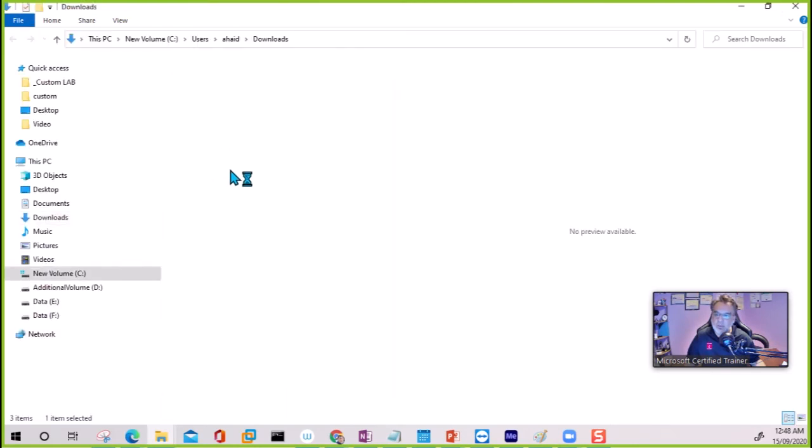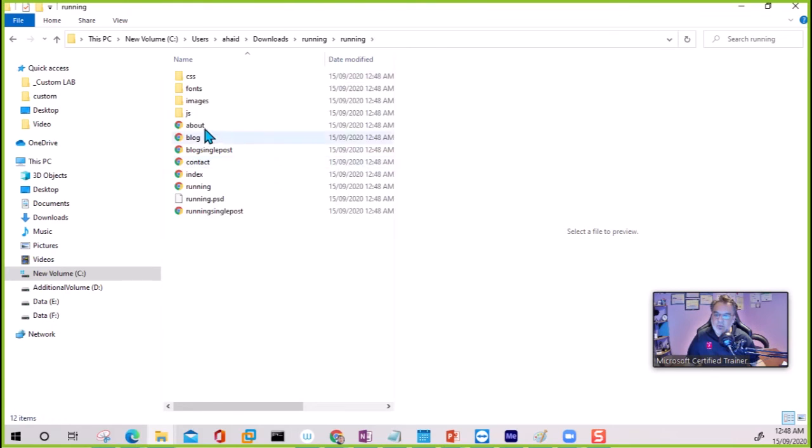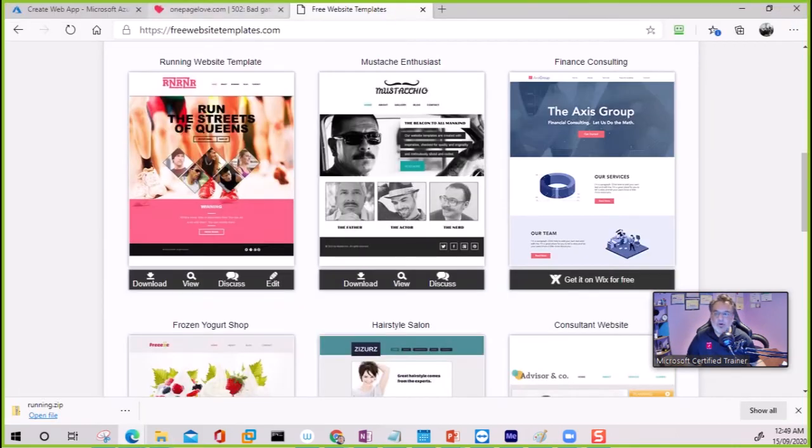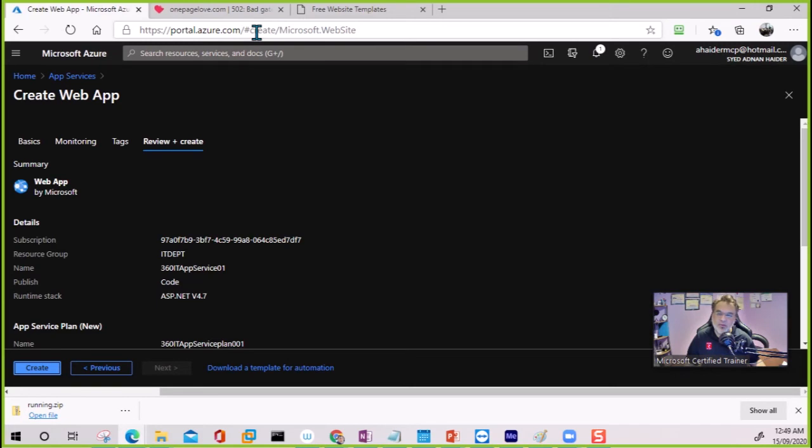So once the folder is extracted, we went to the free website, we downloaded the website, and I right clicked on the zip file, and this is the folder that we got. And I'm just going to make sure that it has an index file inside. So basically this is where the website is. Yes, this is where the website is, and this is what we need to publish. So I'm going to just close this folder. So we're going to go back here. So now we have a website, and now we need to upload, and oops, we forgot to click create on this. So now that we have a website,